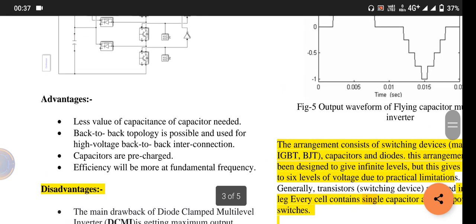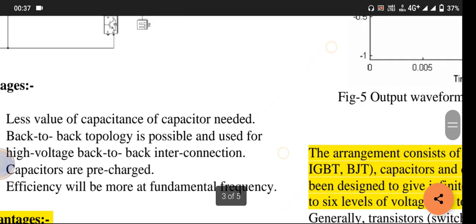So the diode clamped multi-level inverter has certain advantages also, that is